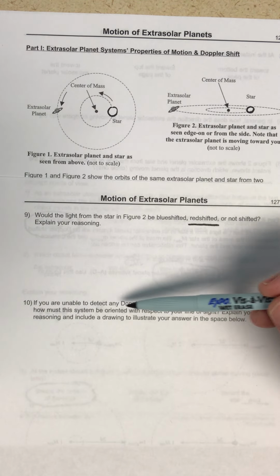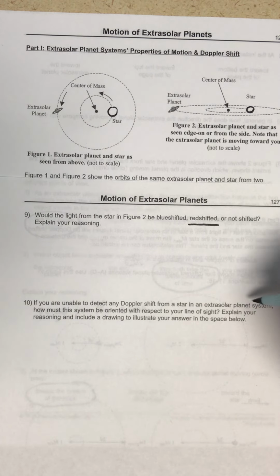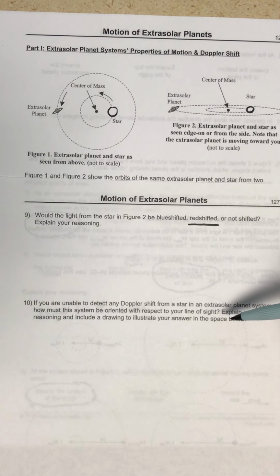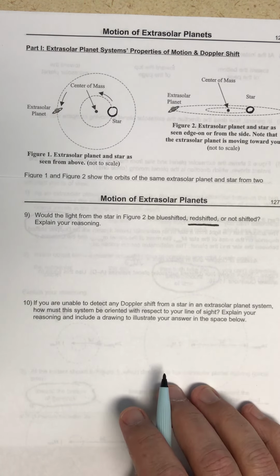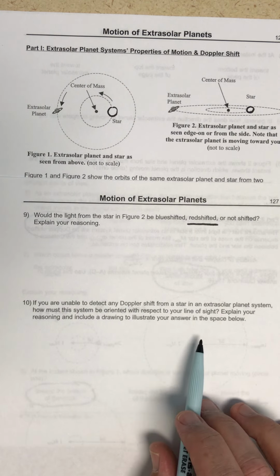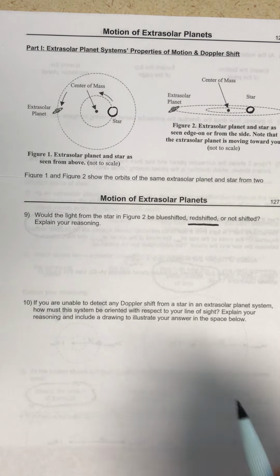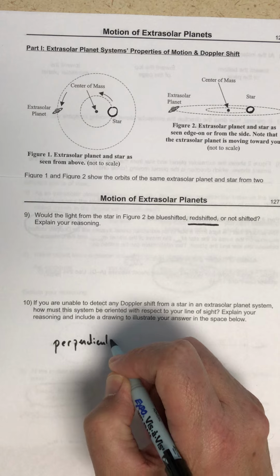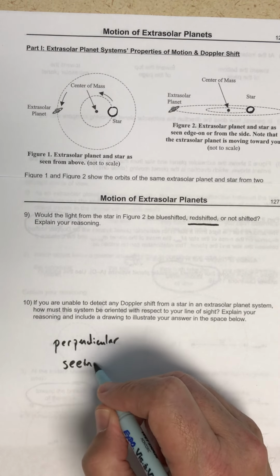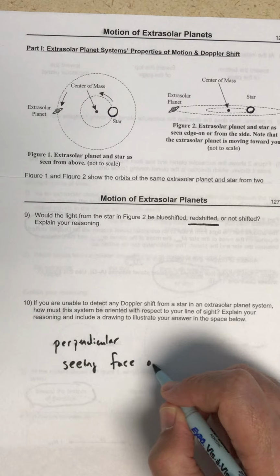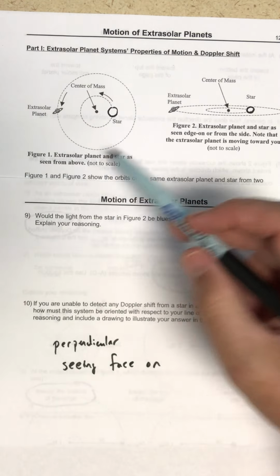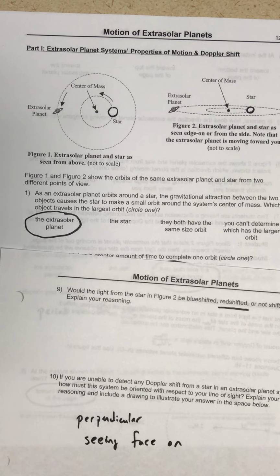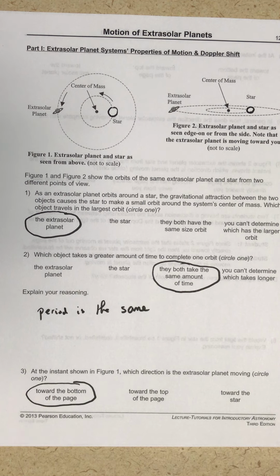If you are unable to detect any Doppler shift from a star in an extrasolar planet system, how must this system be oriented with respect to your line of sight? Explain your reasoning and include a drawing to illustrate your answer in the space below. So how must it be oriented? It must be perpendicular. Or you could say you're seeing it face on, which I'm not going to draw again, but it's basically figure 1 again. Question 11,